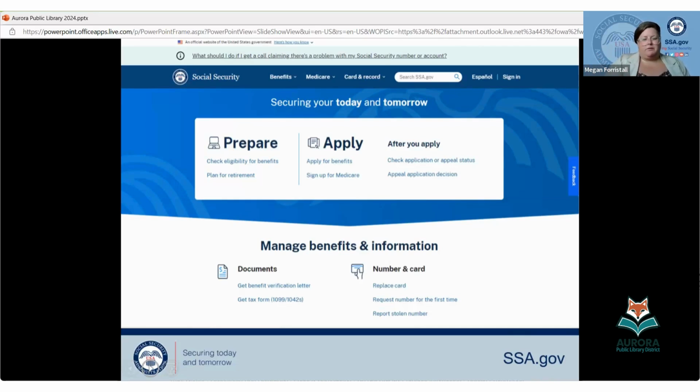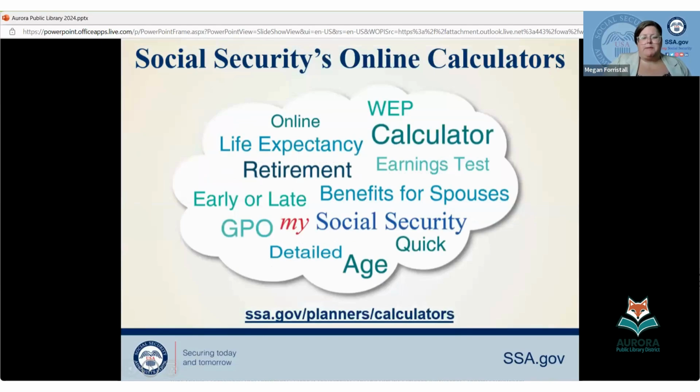There's a lot of great information for different people, types of employers, representative payees, attorneys, educators. We have school lessons on here for the online educator toolkit. So all kinds of stuff. We have calculators. The best calculator is within your My Social Security account. It's a retirement estimator that lets you play around. Like, what if I stop working now? Or what if I start making more money now? All those things. But we also have other calculators.